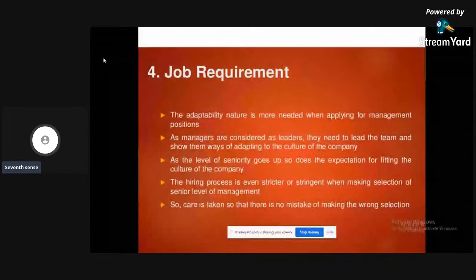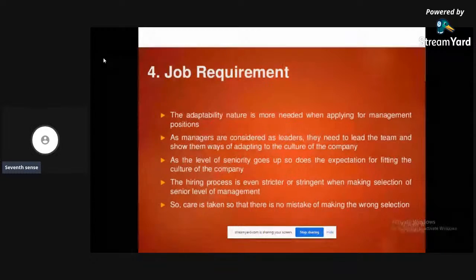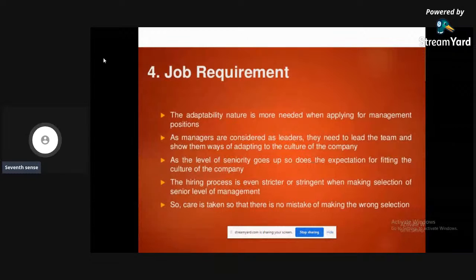In the crucial ways of hiring people for a particular position, you're not supposed to make any kind of mistakes. Only such people will get selected, right? So you should be skilled in every way, and you should be adaptable.